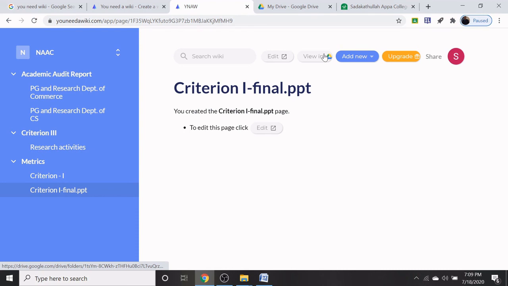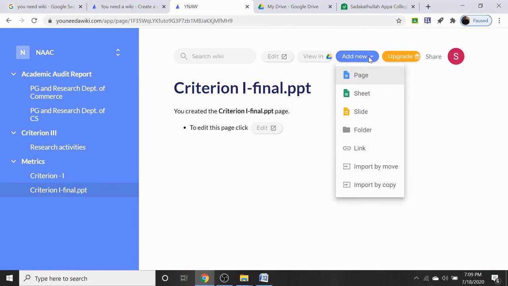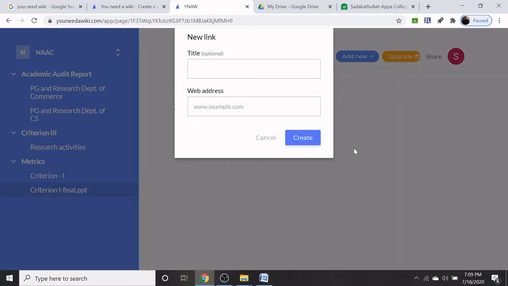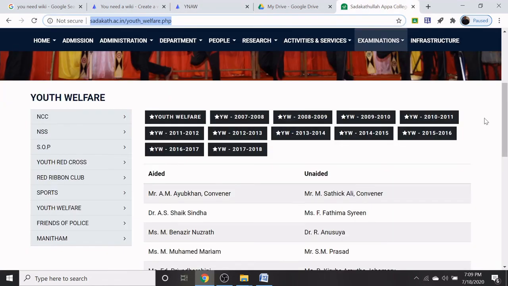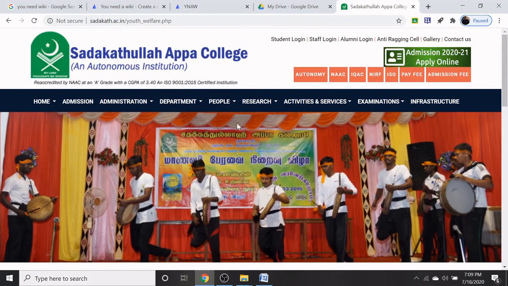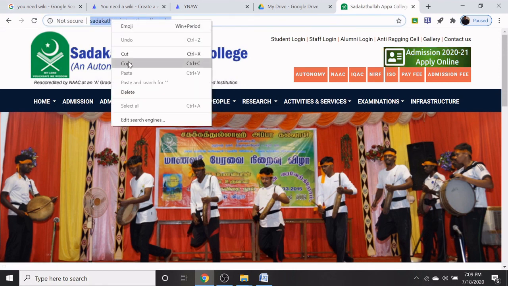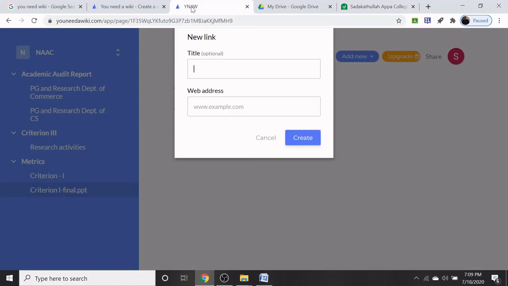Now I am going to add some links. So go to the add new button, click on link. Now I am going to our website. So this is the performance of the Youth Welfare Department. So I am just going to copy this link and go to the wiki page.